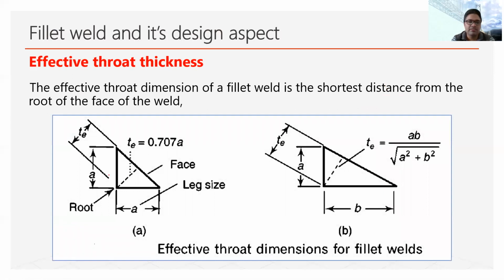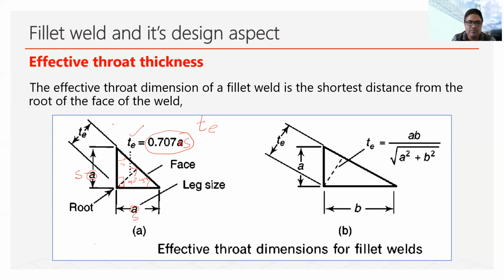In this diagram we can see that this A is basically S. Similarly here also, consider this as S. So this is the size of weld and this is the throat thickness, and throat thickness is denoted by TE. We will always denote throat thickness by TE. Mathematically, we know this is a 45-degree angle, this is a 45-degree angle, and this is a 90-degree angle. So we can easily calculate the throat thickness, which is about 0.707 times S.